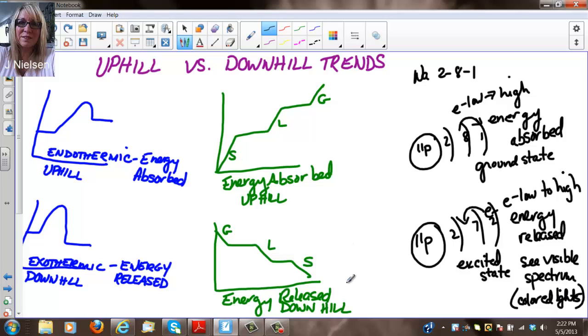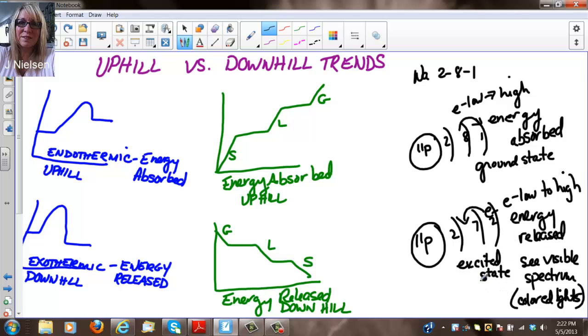I don't know if any of you did that lab in your chem class, but my students took different types of metals, lithium, and they burned it in a Bunsen burner flame, and they could see that it was magenta, and potassium was purple, and sodium was yellow, and copper was like a blue-green color. So that's as the electrons are going back down to the ground state, they release energy,